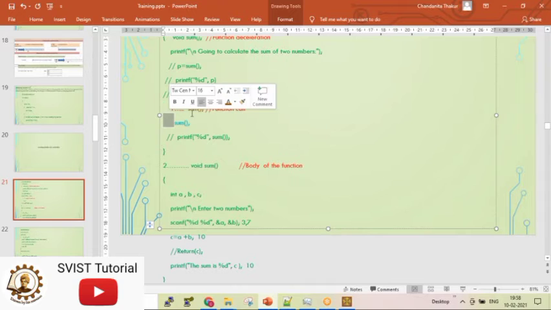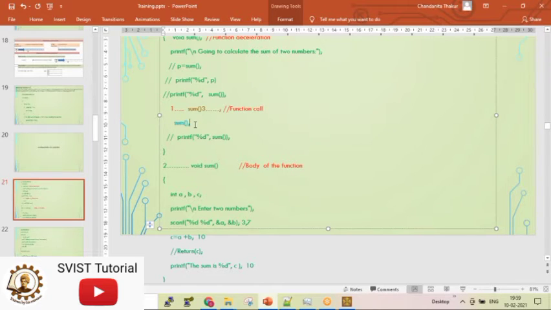So my third step is that control will come back to this point. Who will come back? No value. Control will come back here, and sequential execution will be done, so the next line will be executed.